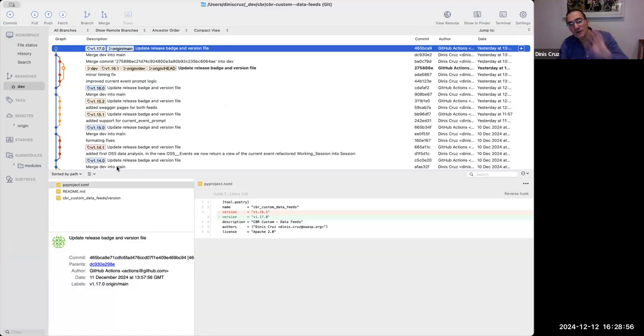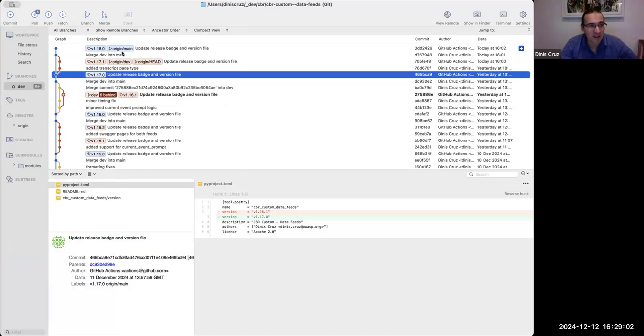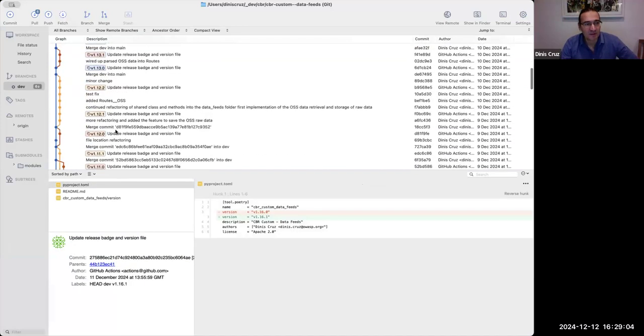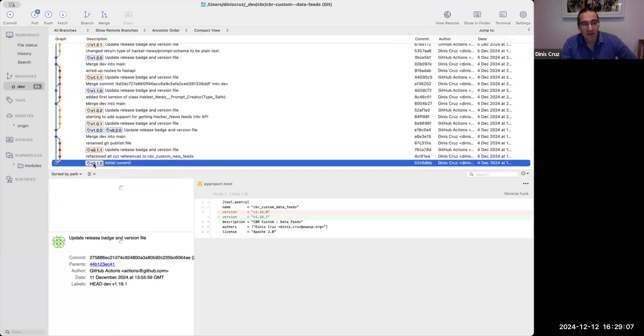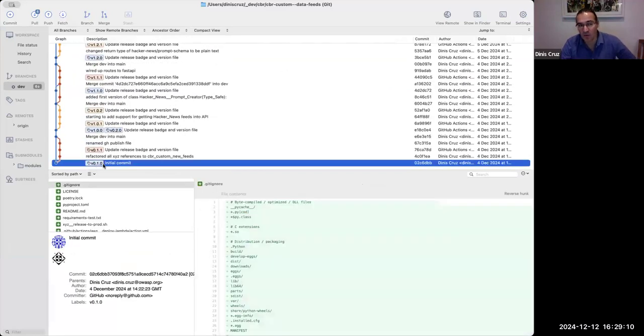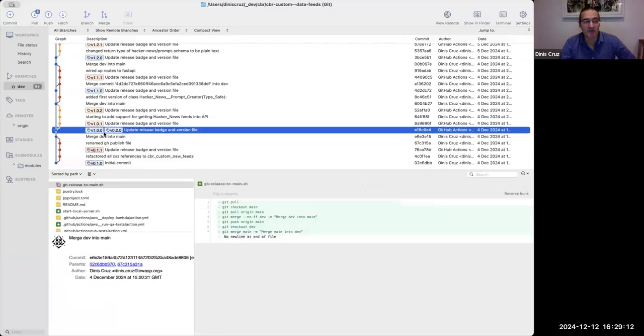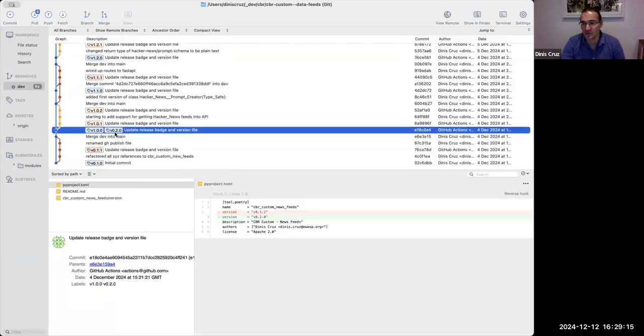Cool. So this is the repo that is open source, of this project. And what you can see here is that I have this workflow where I start at version 1.0.10, I do a bunch of commits, and in fact, in this case, you can see I got to version 2.0, and then I actually got to the point where I made my 0.2 version, I made it version 1.0, because I kind of want to show